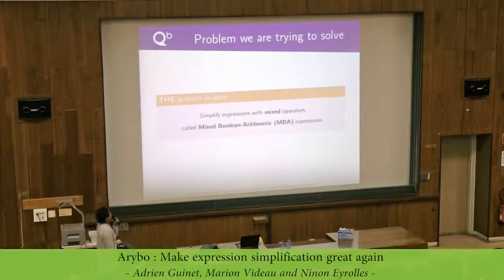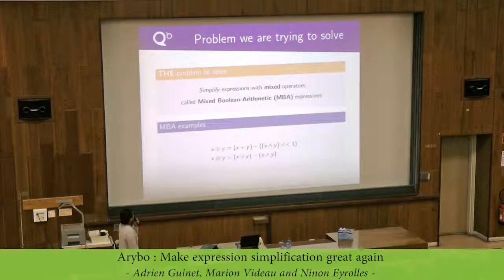Okay, so our goal is to simplify expressions with mixed operators. They are called mixed Boolean arithmetic expressions, so you will find MBA. In the context of obfuscation, it's called MBA. You can meet this type of expression elsewhere, of course. They are not typically called this way, but maybe the more it will be known, the more people will call them MBA. There are some typical examples, especially in big hacks, for example. This expression is equivalent to XOR, but this one is also equivalent to